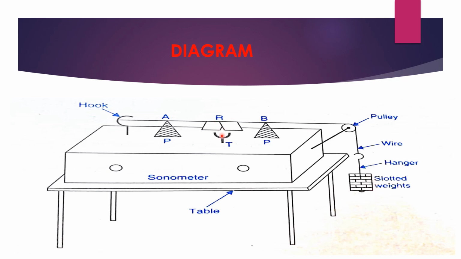Next step: how to form the resonance. At a certain distance between A and B, when the tuning fork is hit with the rubber pad, the wire vibrates vigorously. When the wire vibrates vigorously at a certain distance between A and B, we can see the paper rider falls down. That indicates the frequency of the vibrating wire matches the frequency of the tuning fork. That is the indication of resonance.